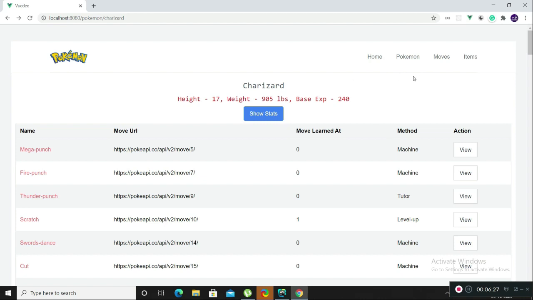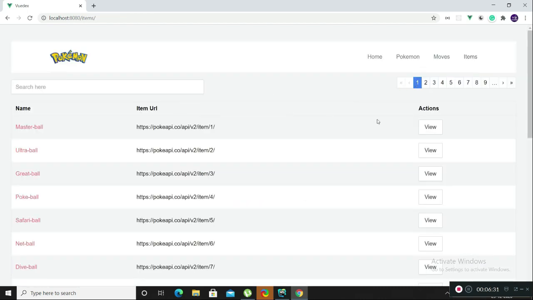Anyways, moving forward, let me check the items page. I have pagination and a search filter like the other pages, Pokemon and moves.